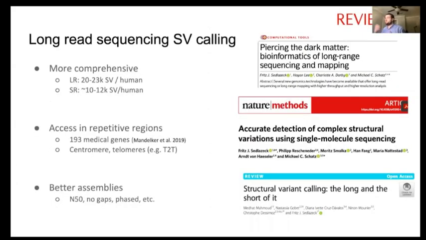Over the past years, my group, as well as other groups, have identified long reads as being superior in identifying structural variants compared to short Illumina reads. They're usually more comprehensive: with long reads, we usually detect 20 to 23,000 structural variants in healthy individuals. For short reads, we often only detect 10 to 12,000 structural variants, mainly missing insertions and having a large false